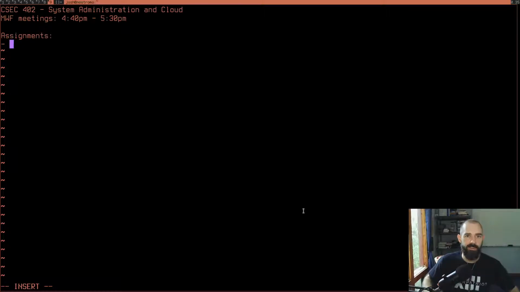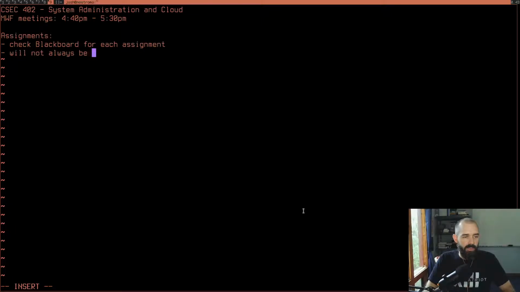So it's going to be a little bit difficult to know ahead of time what every assignment's going to look like as far as what you produce as an artifact. So ultimately, check Blackboard for each assignment. It will not always be code, or at least not solely code. There's probably going to be some code in every case, but